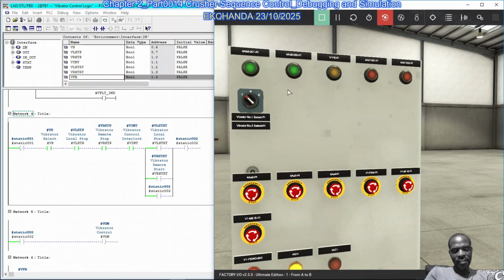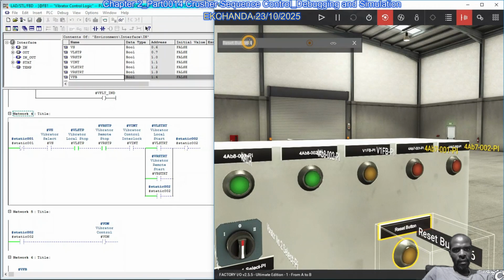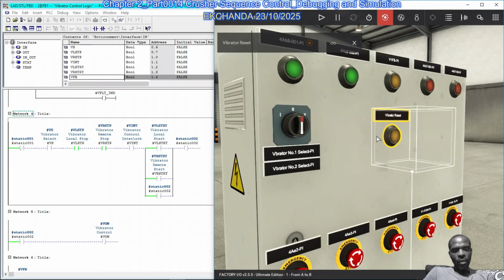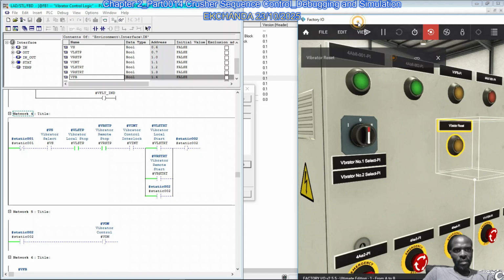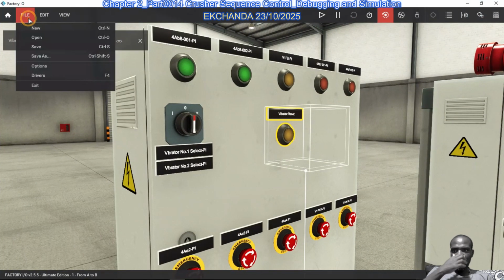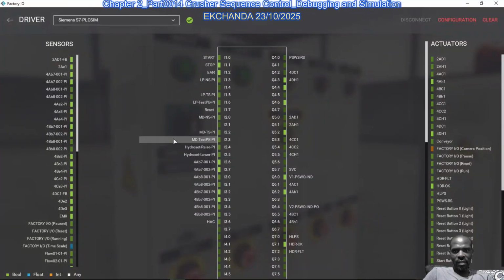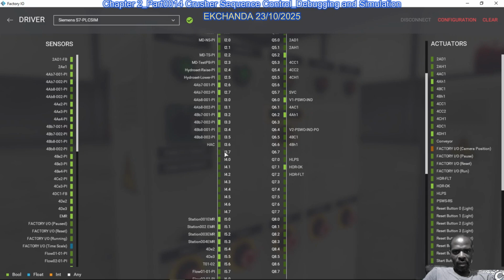So what we can do is we call this vibrator reset. Okay, we're just going to call this a vibrator reset, ladies and gentlemen, because of what we've just observed. So drivers, normal input